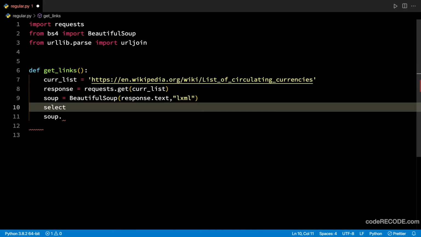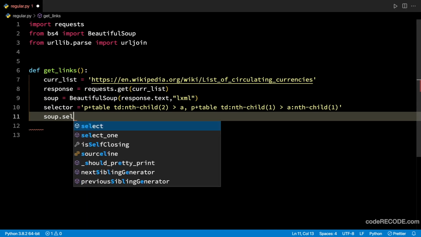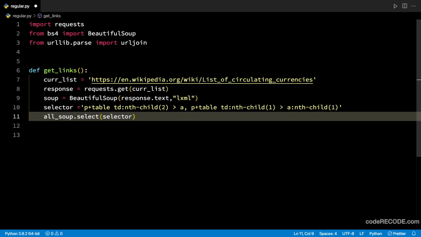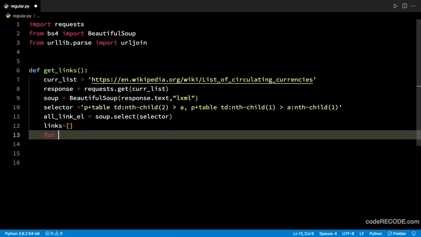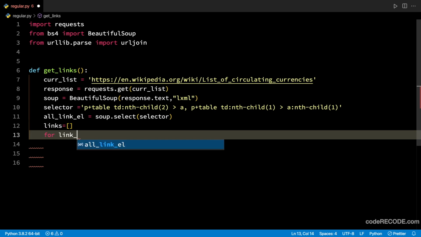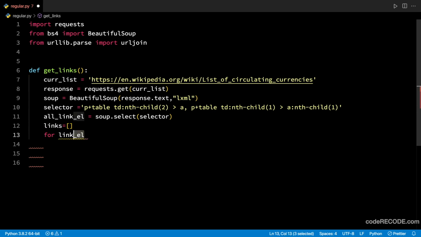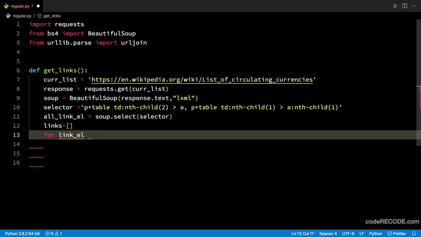Let me save this selector in a local variable. You don't have to do it, but I'm doing it just for convenience. The select method is going to return all the matching elements in one list. So this will give me all the link elements. Let me create one empty list here. For a link element, this name can be anything. If you want, you can put something like x, but I recommend that you use easy-to-remember variable names, which is a best practice. So for each link element in this list of all link elements,